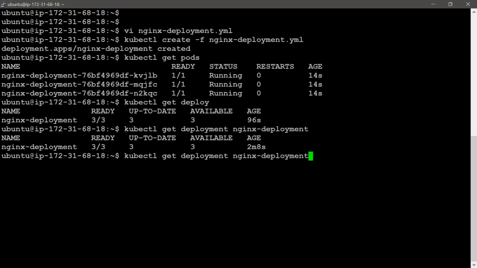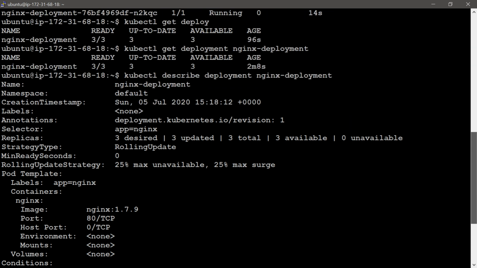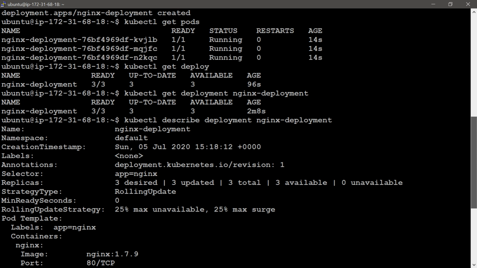We can use describe also with this kubectl command. I'm going to remove this get and change it to describe. I will provide here the deployment name, nginx-deployment. We can use this describe command for troubleshooting purposes.